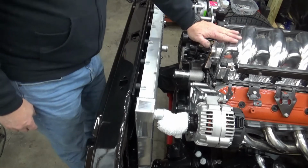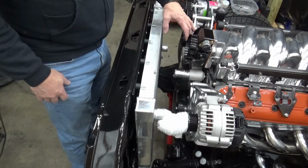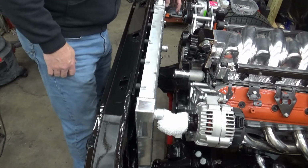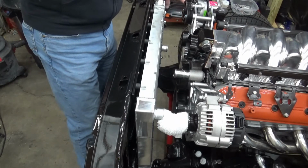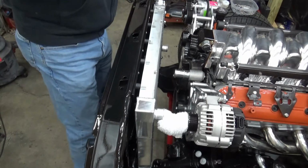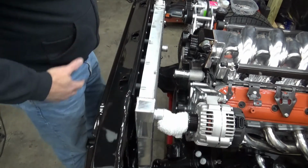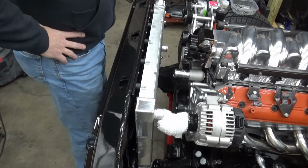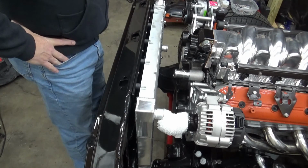And on this setup here, I do have a 4-inch to 3-inch silicone 90 adapter, and I'm going to run the air inlet tube right through this area and down into a cold air box that I will fabricate over here. And this is where the battery used to be in the stock location, and I am either going to relocate that to the back or put it on the driver's side near where all the electrical is anyway. The only thing I've got to do is run a heavy gauge lead over to the starter for its power. But other than that, it's a pretty clean installation,